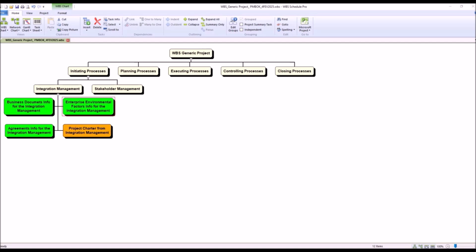By considering enterprise environmental factors, the project charter becomes a realistic, aligned, and actionable document that reflects the organization's internal and external environment. Ignoring enterprise environmental factors can lead to misalignment, unrealistic expectations, and project failure. The key reasons why enterprise environmental factors are critical for developing the project charter are: